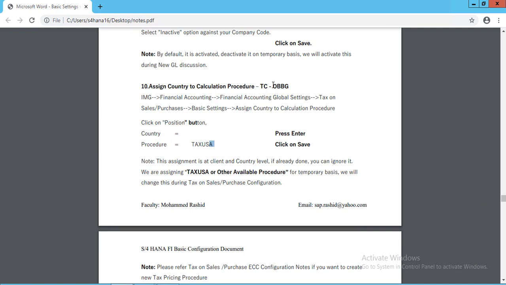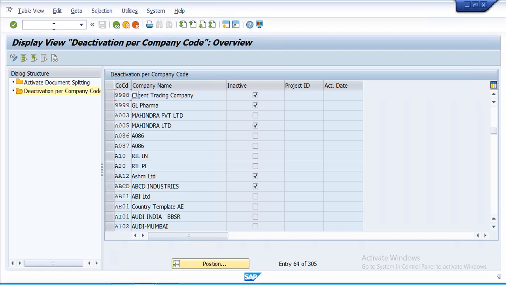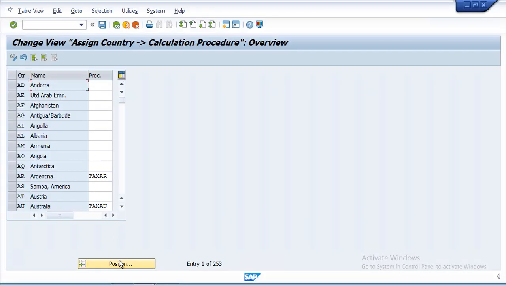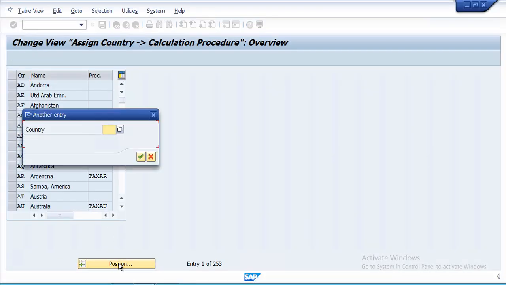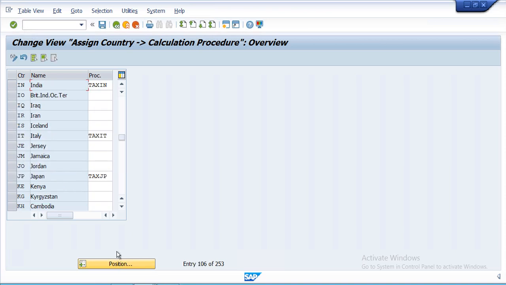Go to the setting OBBG. Select your country. Tax procedure is based on country level. See, tax IN is already assigned. If you want to use tax IN, let it be. If you want to change this to another tax procedure until you create your own tax procedure, you can use any available procedures.